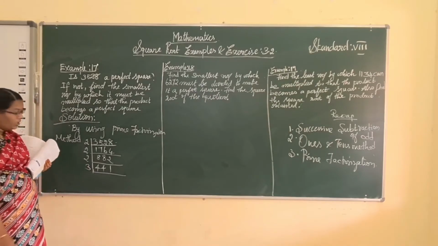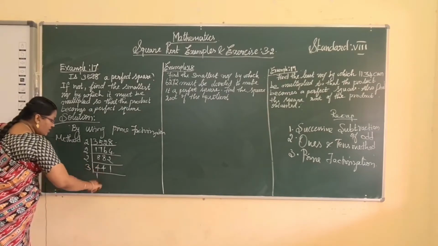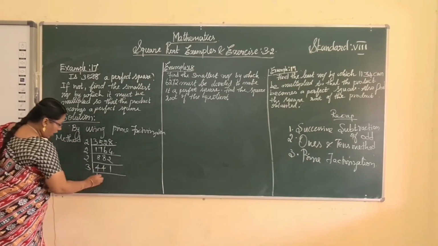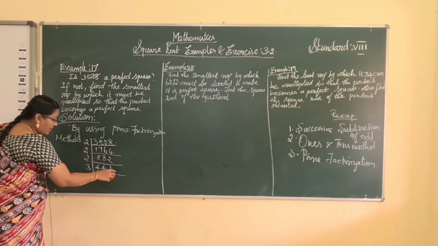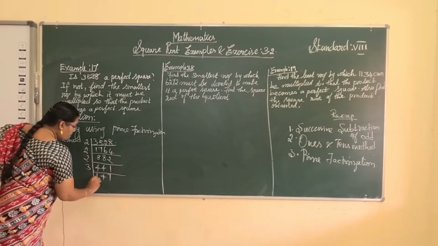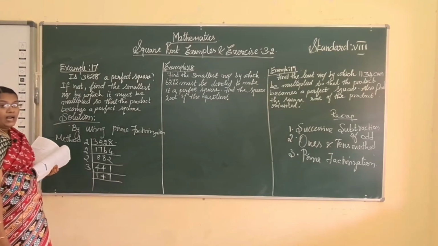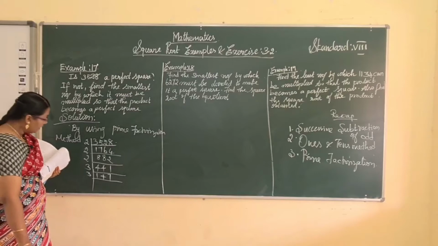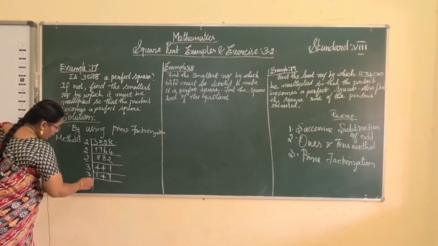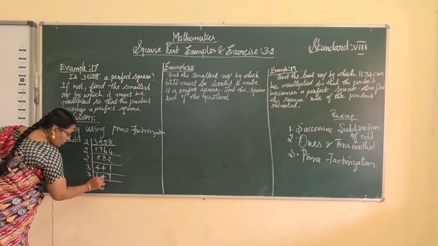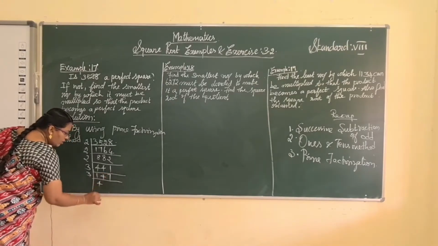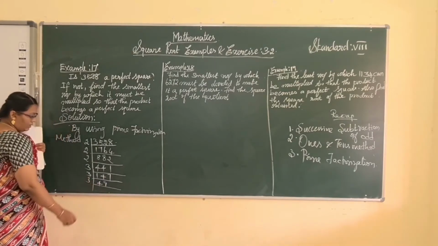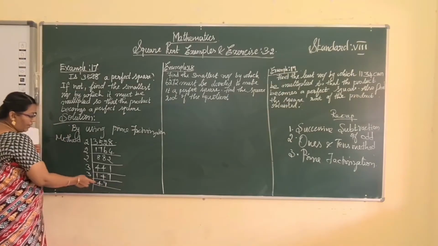The next prime number is 3. 3 ones are 3, remaining 1, 14. 3 fours are 12, remaining 2, so 21. 7 times 3 is 21. Now we got 147. It is also divisible by 3. 3 ones are 3, 3 fours are 12, remaining 2, so 27, 3 nines are 27. So again division by 3 is possible, and we write 49.